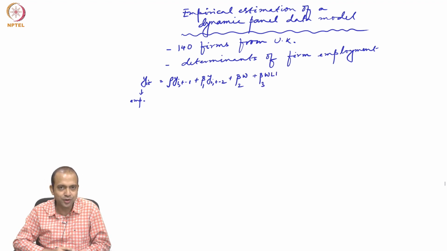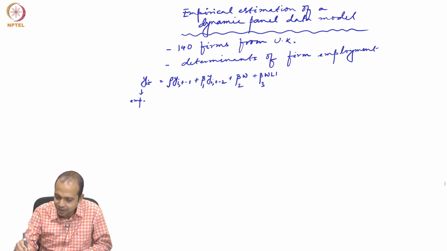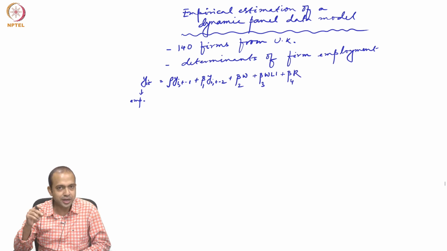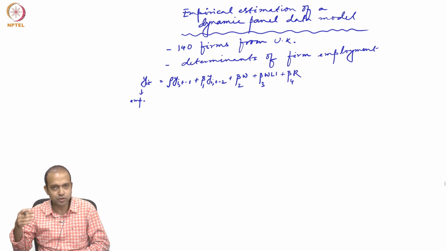L1 means lag 1, right. So, wage as well as its lag, then beta 4 capital. A firm's employment, as you know, depends on how much capital you have already employed in your firm,